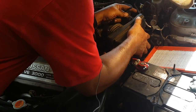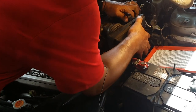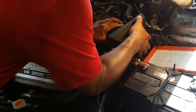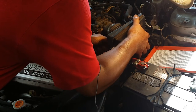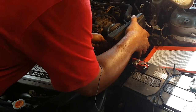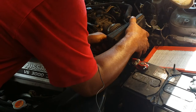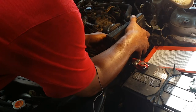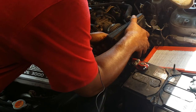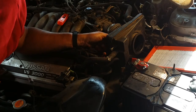He said, 350. And I looked at the guy and I said, has this engine been changed? He said, no. He said, it's a 350. I said, okay. I said, let me get this right. You've got a 64 Chevrolet Malibu. Yes, some of you already know where I'm going. He said, yeah, that's what I said, 64 Chevrolet Malibu. He said, okay. He said, but it's got a 350 in it. I said, has this engine been changed? He said, look, man,